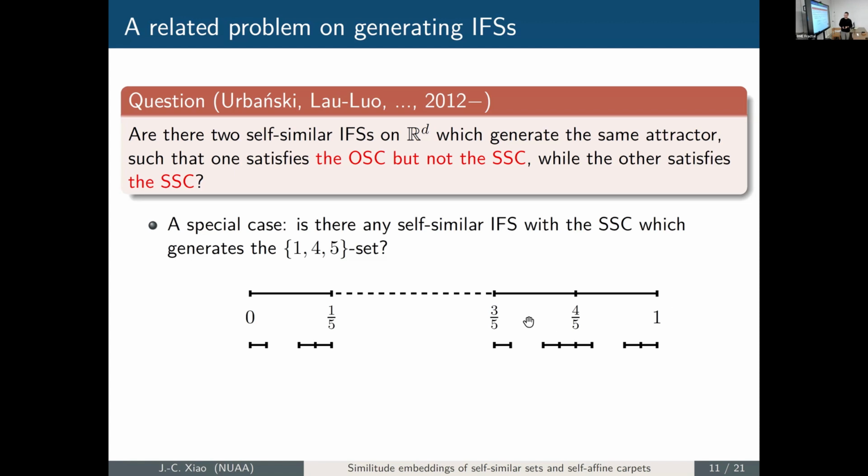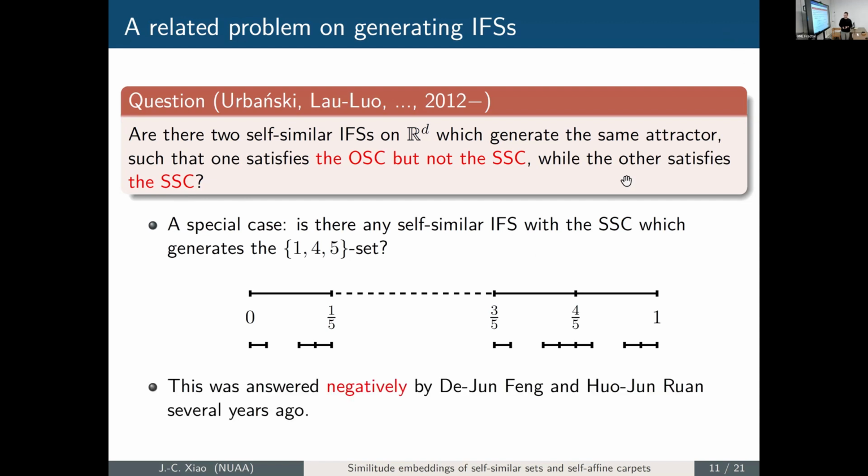But this very natural generating iterated function system of this self-similar set, of course, satisfies the open set condition, because (0,1) is just a feasible open set of that. But the second copy and the third copy actually have an empty intersection. And here is the intersection point. So they asked whether you can find a new generating system of this self-similar set which actually eliminates this intersection. That is, it actually satisfies the strong separation condition.